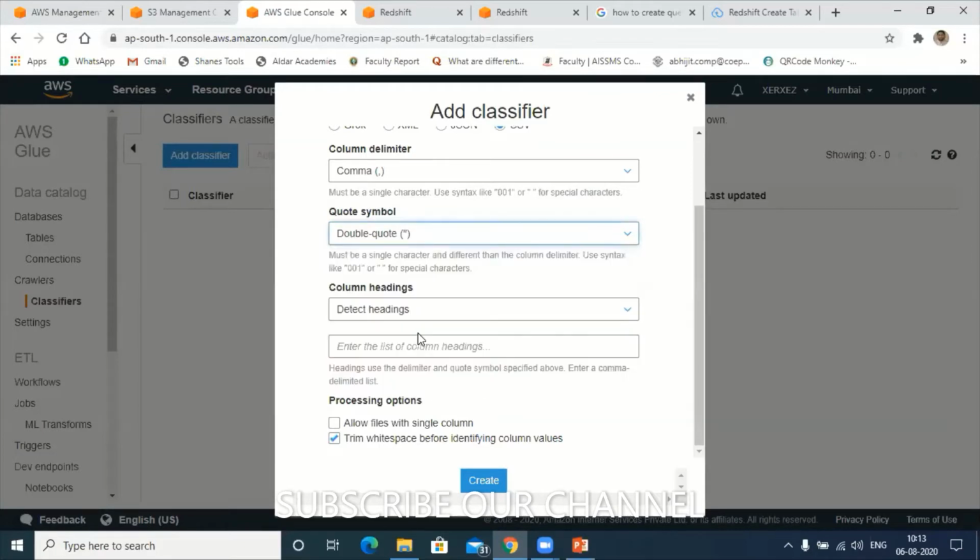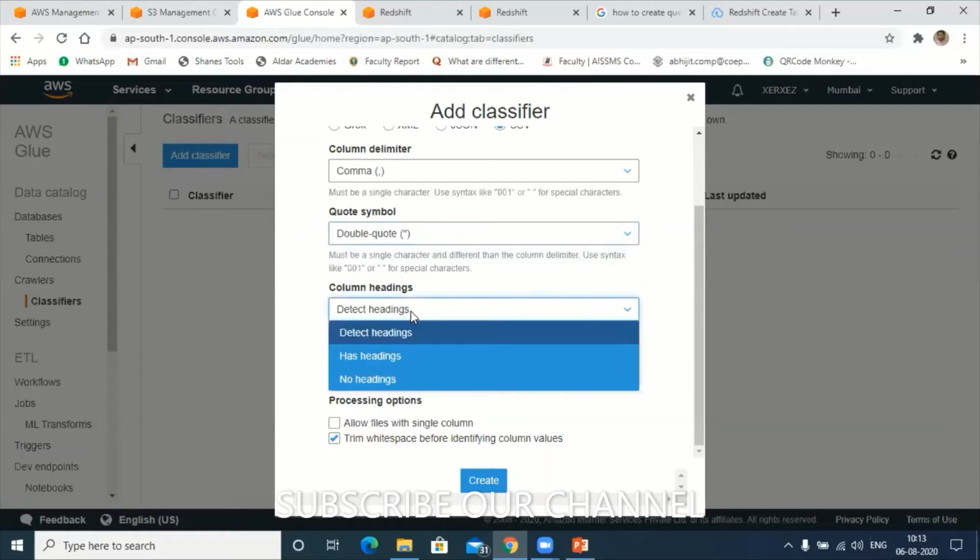Next is column heading. See, in column heading there are three options. Either the classifier itself can detect. It can go to that S3 bucket, search, read the complete contents of the CSV file, and detect whether the column name is available in the CSV file or not.